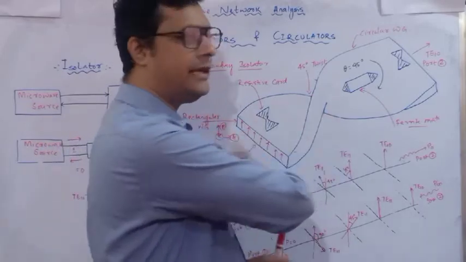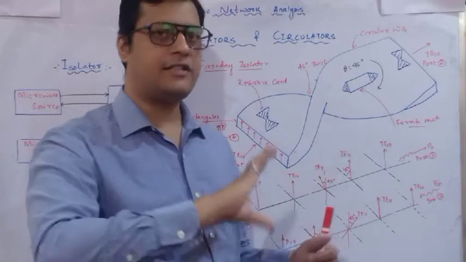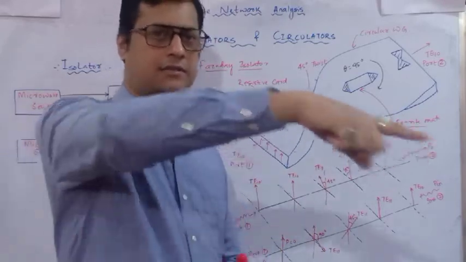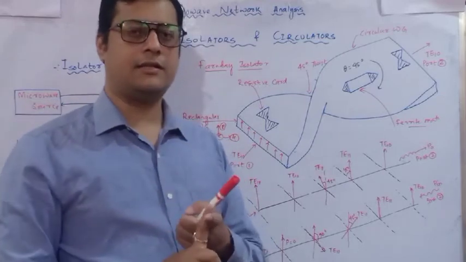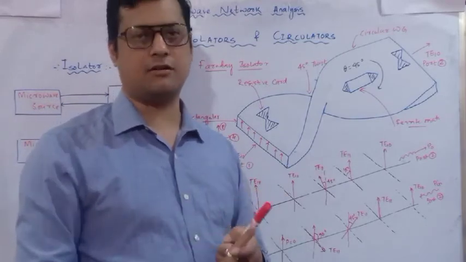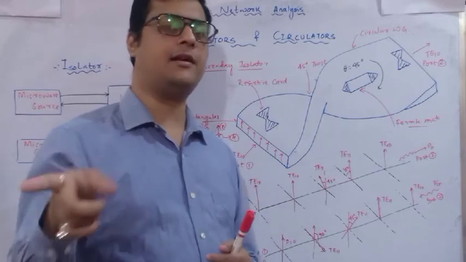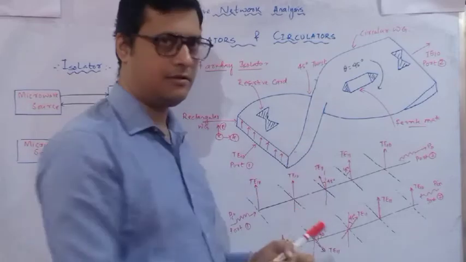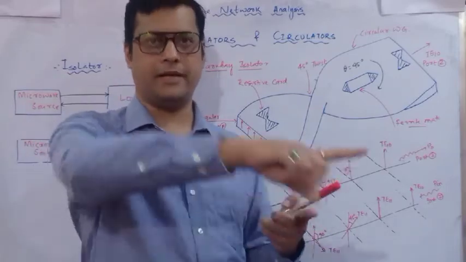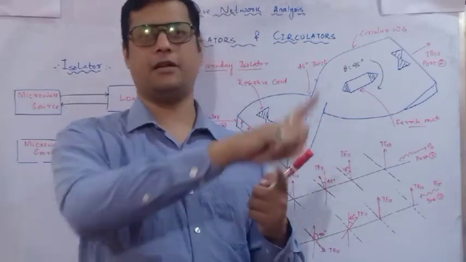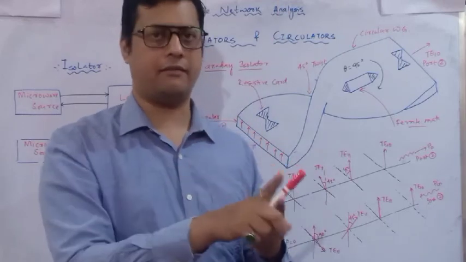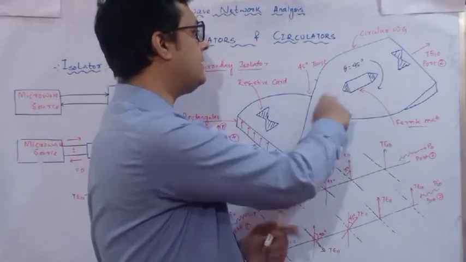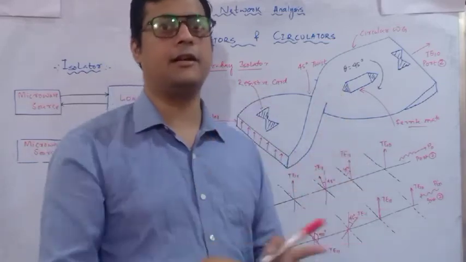So how will it absorb? First, when it is incident, a 45 degree change will be there with respect to the electric field. The magnetic field will remain as it is because it is circular in nature, which is going to hamper the electric field potential drop. So potential drop is related to the electric field. So it will twist. The magnetic field will remain as it is, but my electric field changes its direction by 45 degree. Done. Now once the 45 degrees is done, next it enters the cylindrical waveguide.